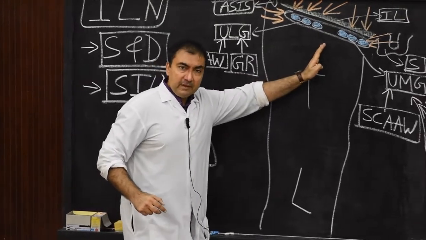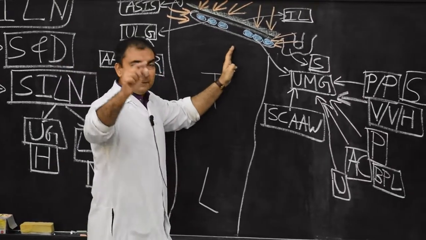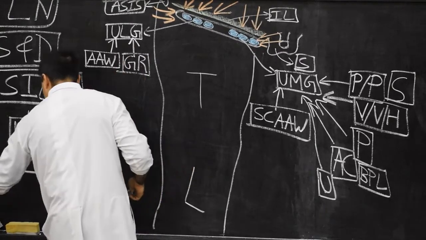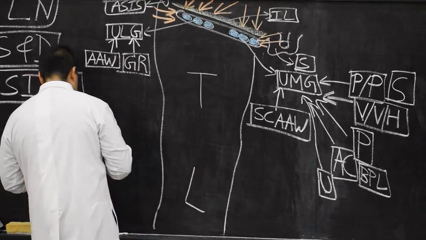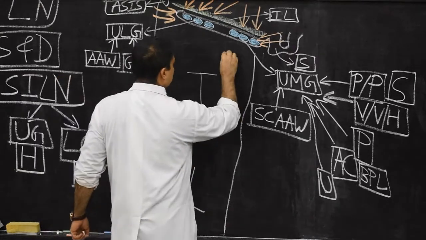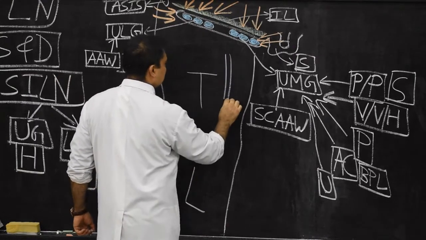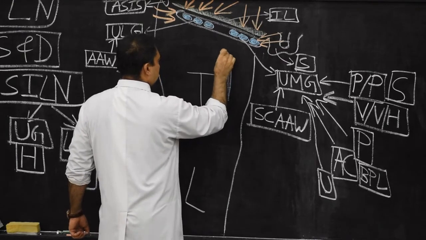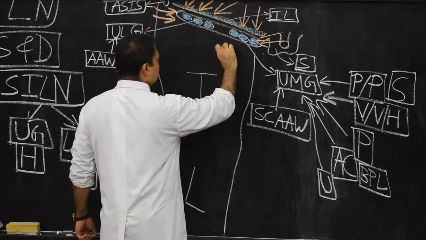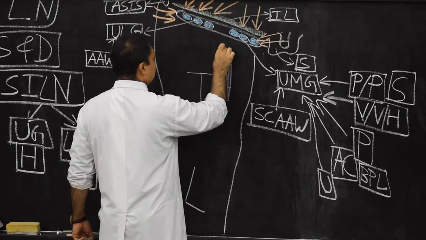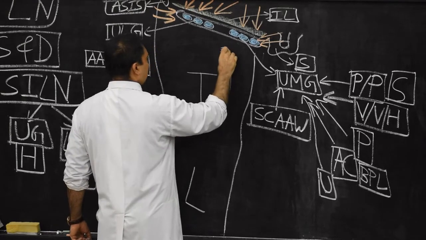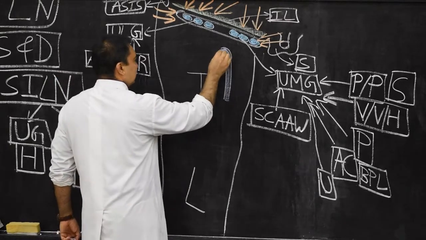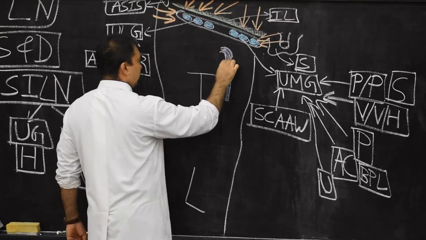So when we focus here, we will draw first the great saphenous vein. So the great saphenous vein, here I will show it with violet color. We will show that this is the great saphenous vein. Simple line diagram we have to show, and we have to arc it so that we can show that it will open into, it will drain into femoral vein. This is how we show arcing. So therefore this is the great saphenous vein.